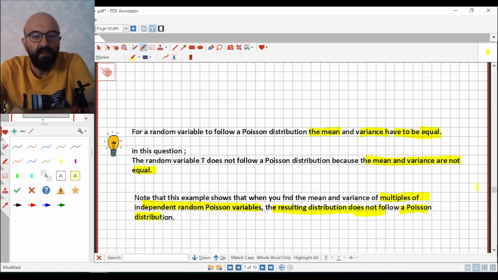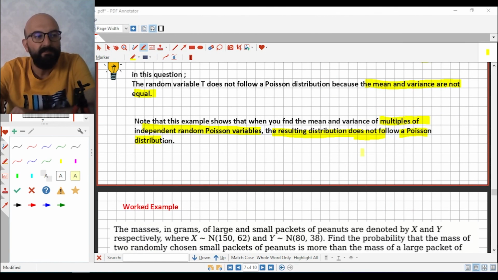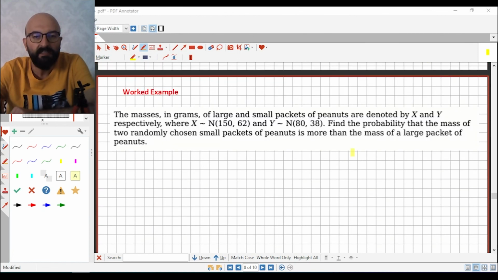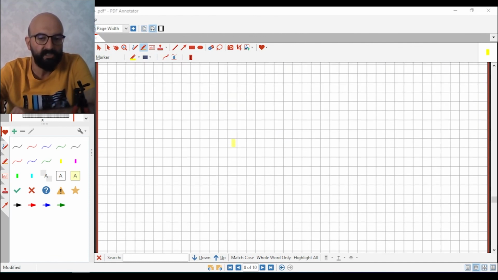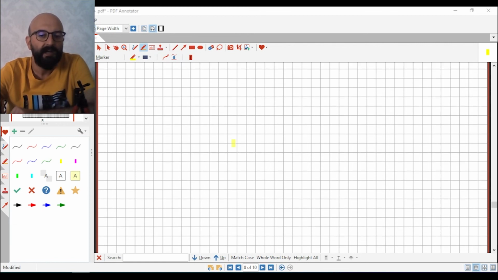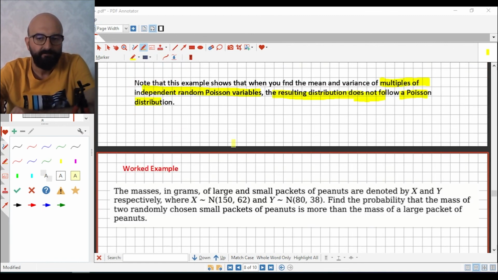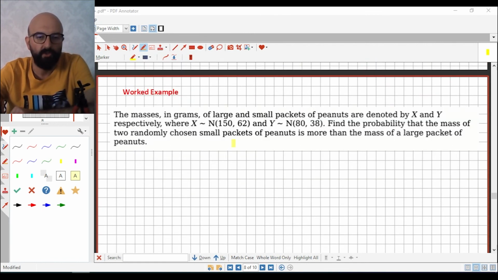Okay? Now, we have two more examples, and we will go on with these examples. The first example regards the normal distribution. The second example regards the Poisson distribution. For the first one,